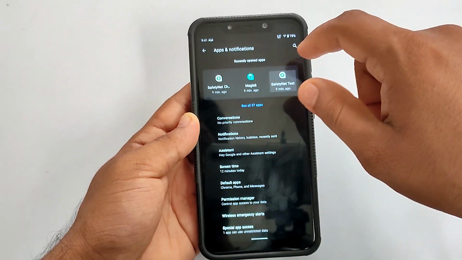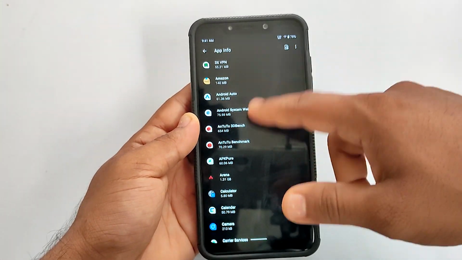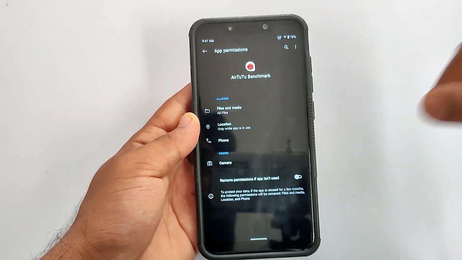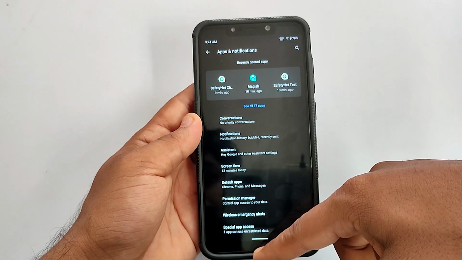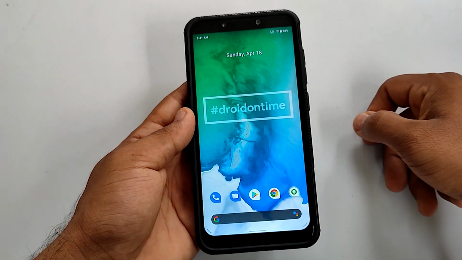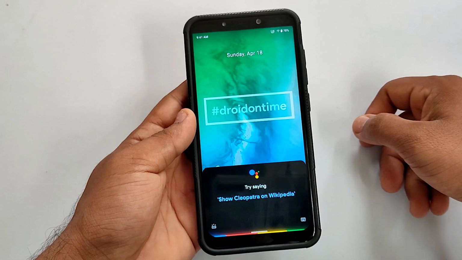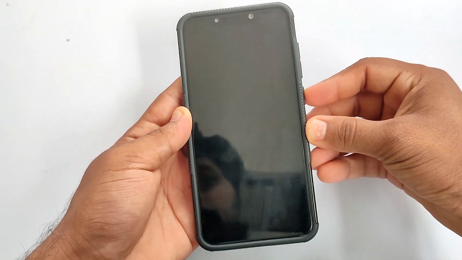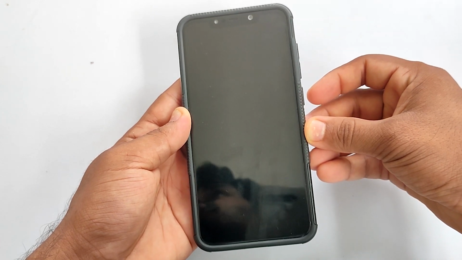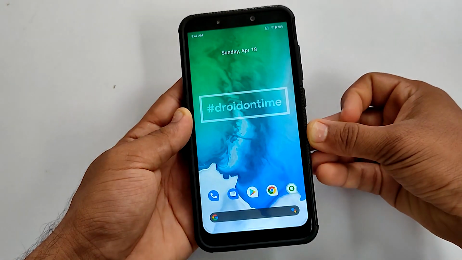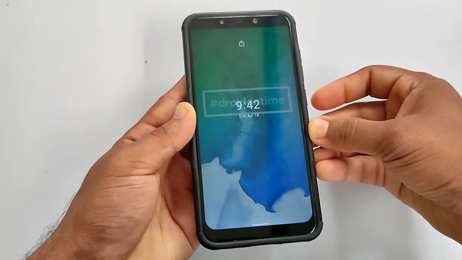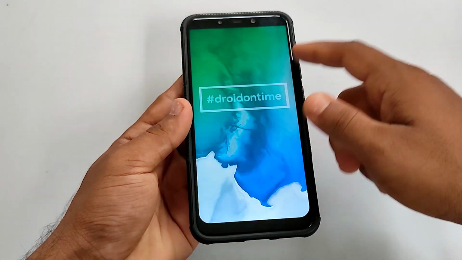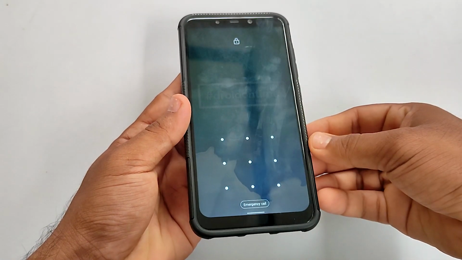When it comes to apps and notifications, you can choose per-application permissions to your phone resources. And Hey Google works pretty well with screen on. Whether the phone is locked or not, but with the screen off, Hey Google is not going to work with this build. And Hey Google is very responsive and reliable here.